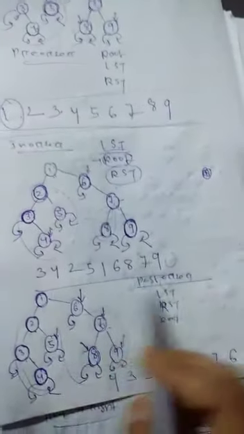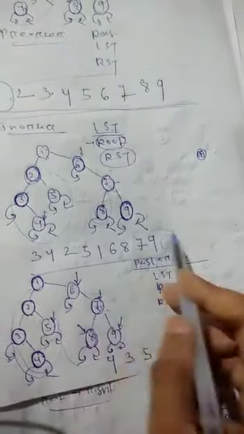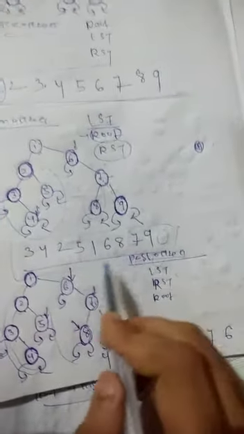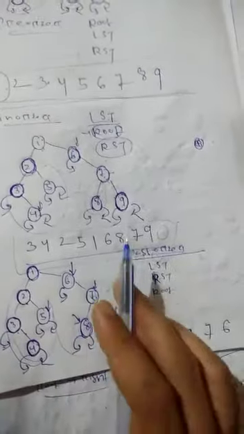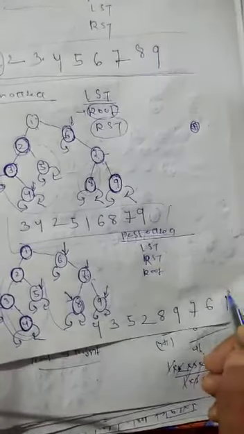So again, see the observation here. In the pre-order, what is the root node? The root node is the first node. 1 is the root node, the first node. For in-order, the root is in the middle. You cannot say it is the exact middle. Sometimes it is exactly the middle, sometimes it is not exactly the middle, but it is in the middle position. But in the post order, you see this root is at the last position.